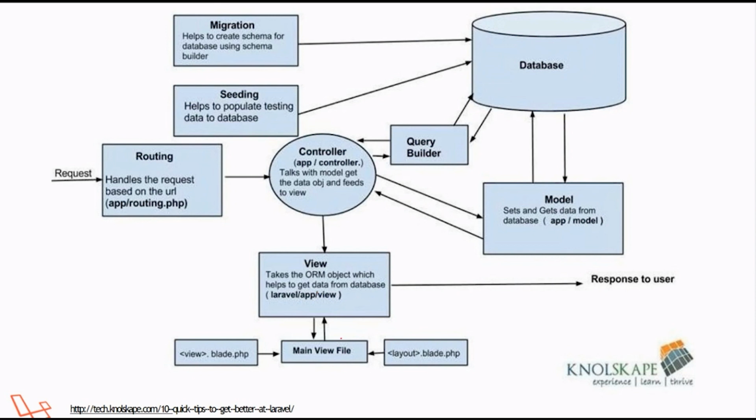Inside that, the main view file is the thing that is to be displayed on the computer screen. Over here we have two more things written, that is view.blade and layout. Blade here doesn't mean what comes to your mind, it's a different thing. Blade is associated with displaying. Suppose you want to display this is my first Laravel page, then you have to put that in this particular file, view.blade. You can give your own name, so it could be user1.blade. You can write it in the same manner.